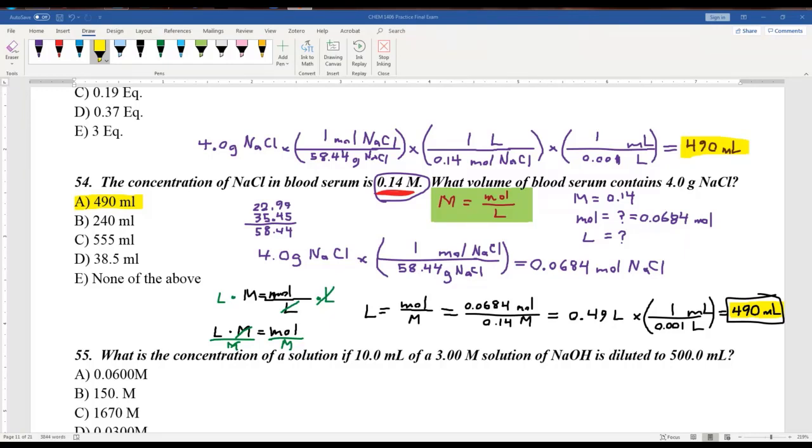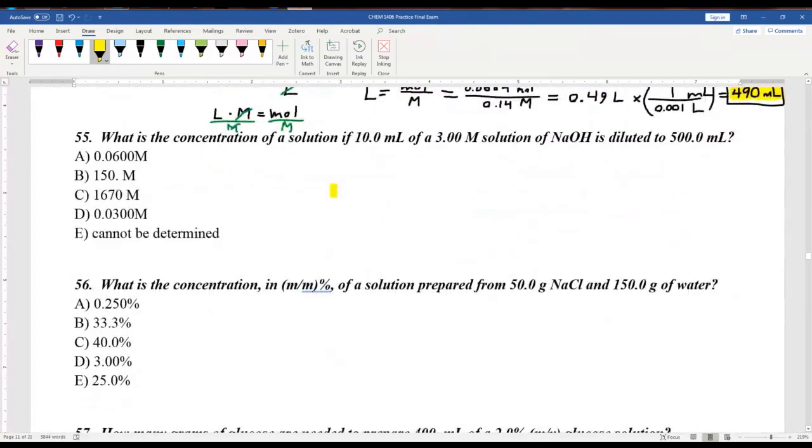Let's look at number 55, because 55 is a slightly different version. Now 55 says, what is the concentration of a solution if 10 milliliters of 3 molar solution of NaOH is diluted to 500 milliliters? The key word is diluted. Anytime you have a dilution, you're going to use the dilution equation, and I'm actually going to write the more general form of it, because this can also be used with percent concentrations, but it's